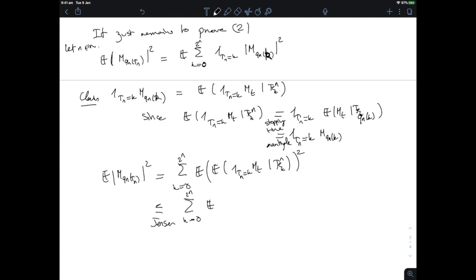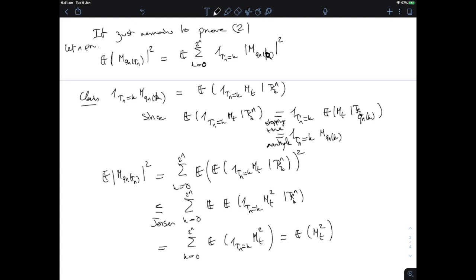So this gives me the expectation of the conditional expectation of the indicator function of τ_n being k, M_t squared, given F_k^n. And now an expectation of a conditional expectation is just the expectation. So this is equal to the sum, k equals 0 to 2^n, of the expectation, when τ_n is equal to k, of M_t squared. But now you can bring the sum back inside by linearity, and this is equal to the expectation of M_t squared,